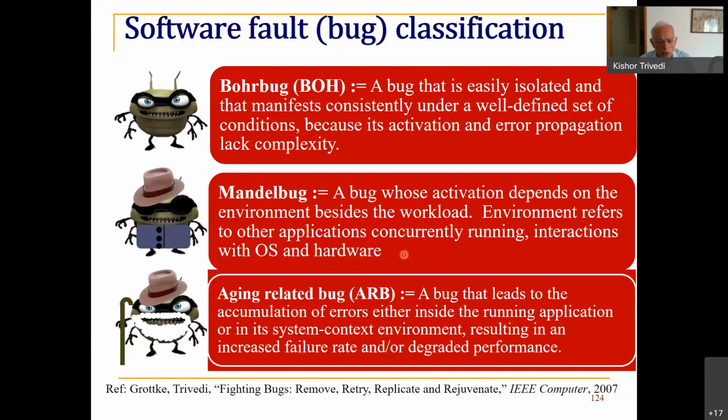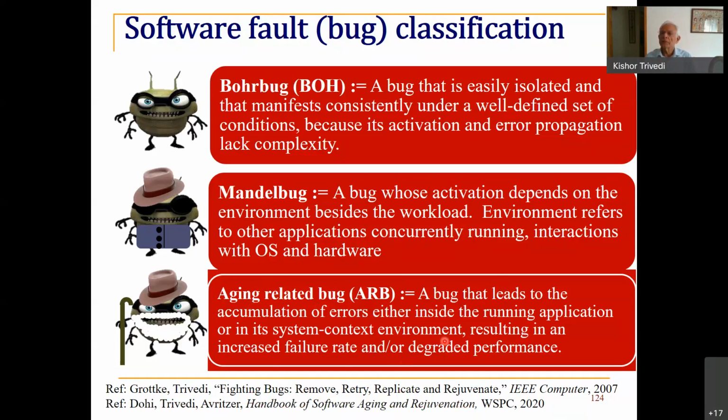And if you want to know more about the classification, the first paper to read is this IEEE Computer Magazine paper in 2007, which we call Fighting Bugs: Remove, Retry, Replicate, and Rejuvenate. And this is perhaps the only paper I have written in which there are no equations whatsoever. This is only text and some pictures. There is also the handbook of software aging and rejuvenation that details at least this particular phenomena, aging-related bug and